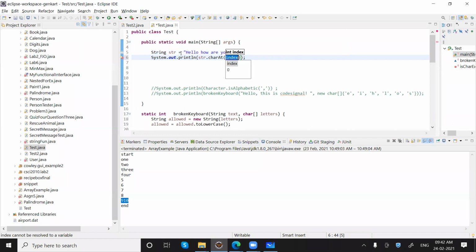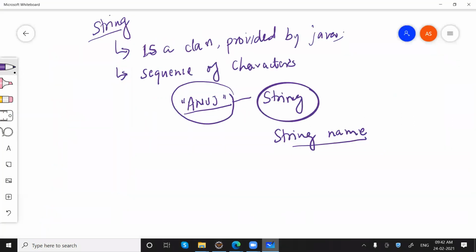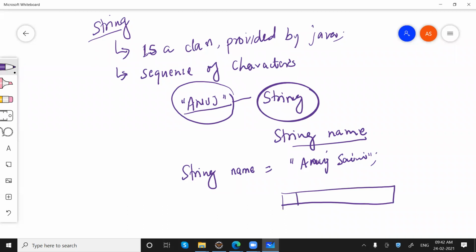Before moving to this method, let me just give you a brief idea. When I'm saying String name equals to "Anuj Sai", for example, how will this data be stored in the form of an index? Like A n u j, then one space, then S a i, n, and then again i.